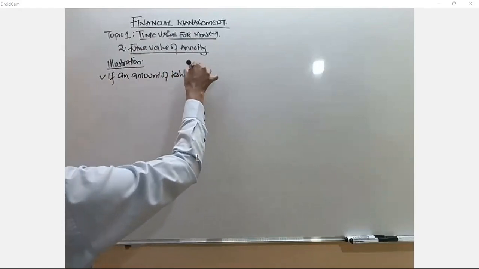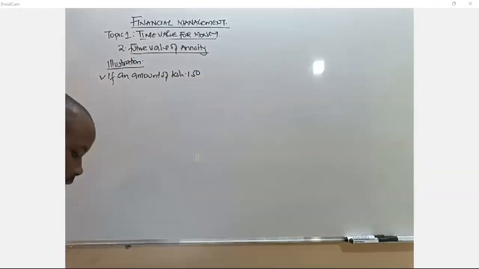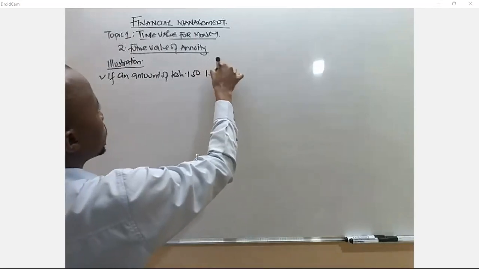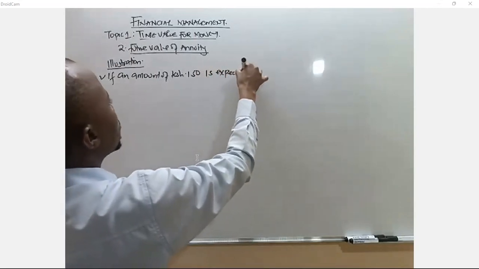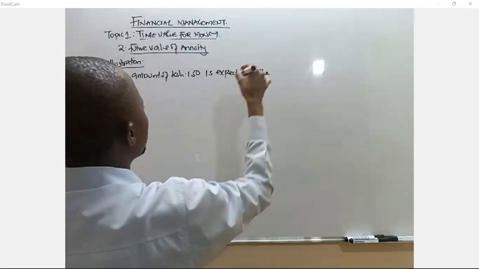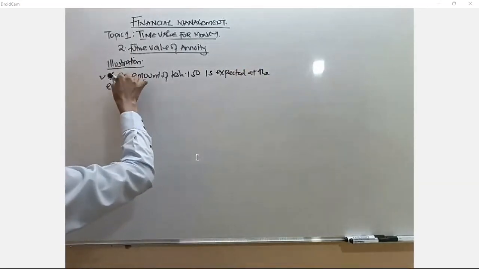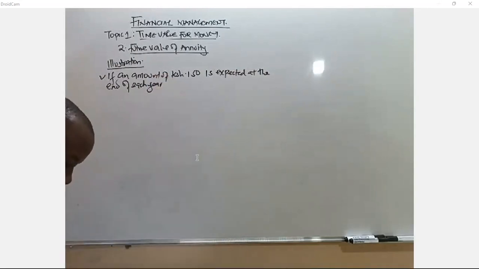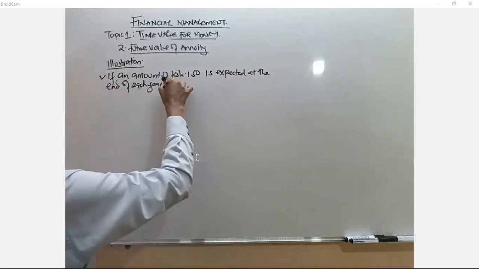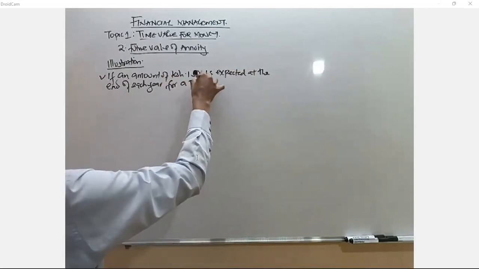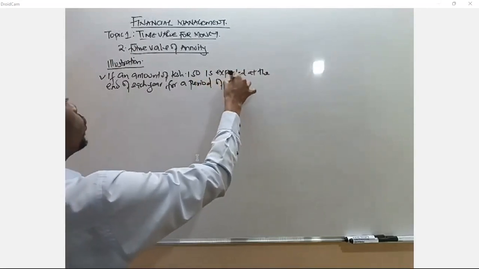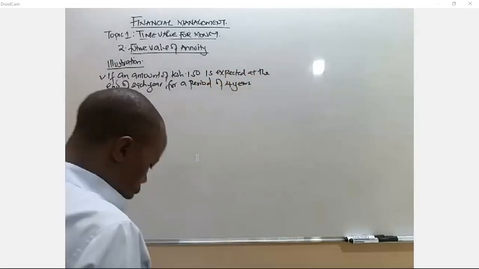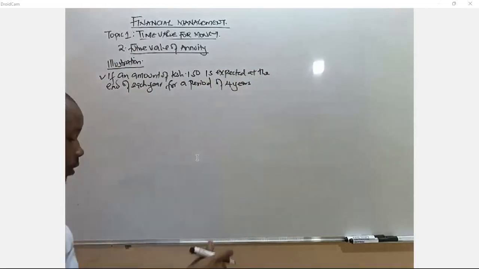Let me talk about 150 shillings expected at the end of each year for a period of 4 years, at an interest rate